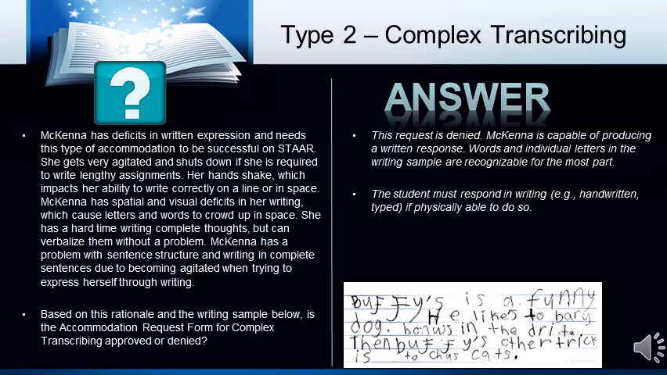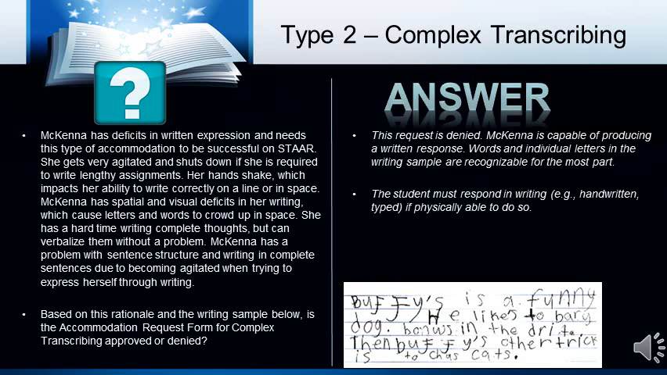McKenna has deficits in written expression and needs complex transcribing to be successful on STAAR. She gets very agitated and shuts down if she's required to write lengthy assignments. Her hands shake, which impacts her ability to write correctly on a line or in space. McKenna has spatial and visual deficits in her writing, which causes letters and words to be crowded up in space. She has a hard time writing complete thoughts, but can verbalize them